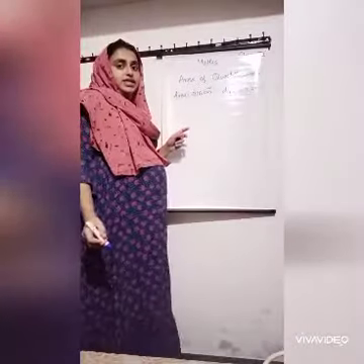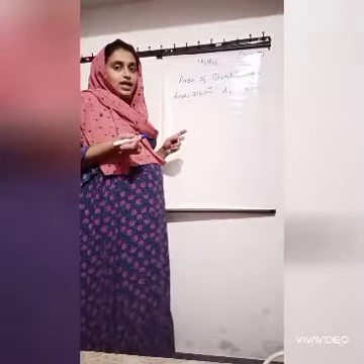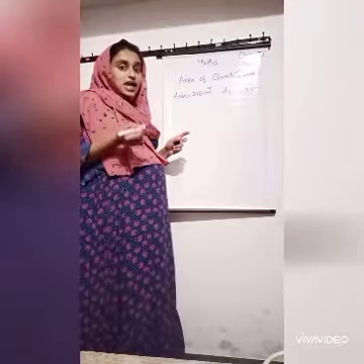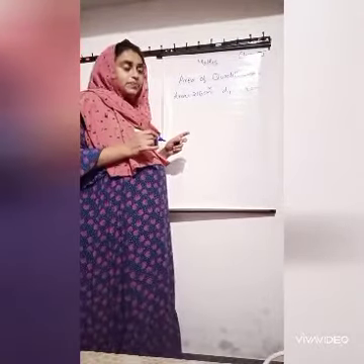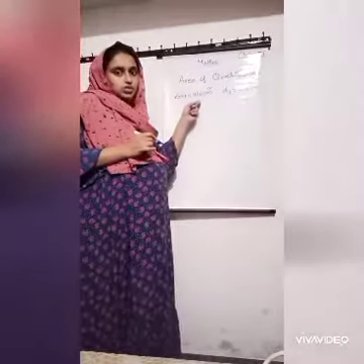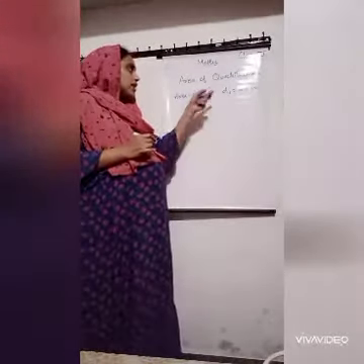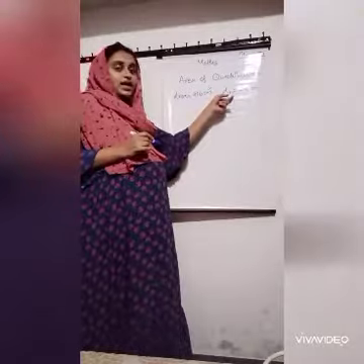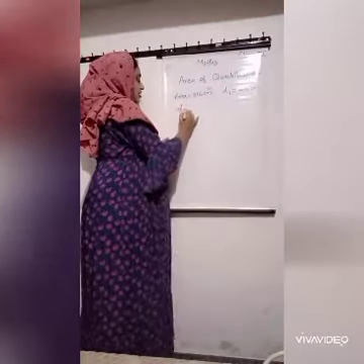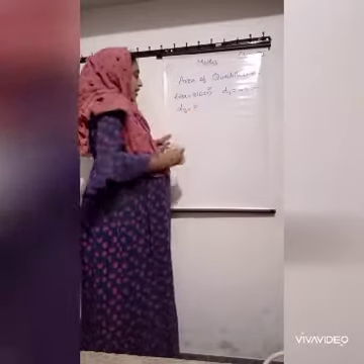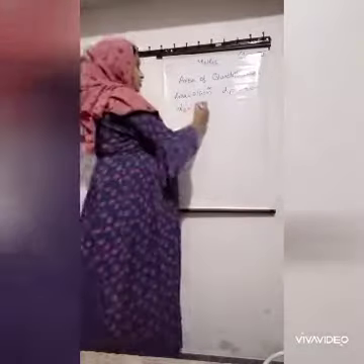We need to find the length of the other diagonal and the length of the side of the rhombus. Anybody have any doubt regarding the question? Given that area is 216 centimeter square and one diagonal is 24 centimeters, we need to find the length of the other diagonal, and